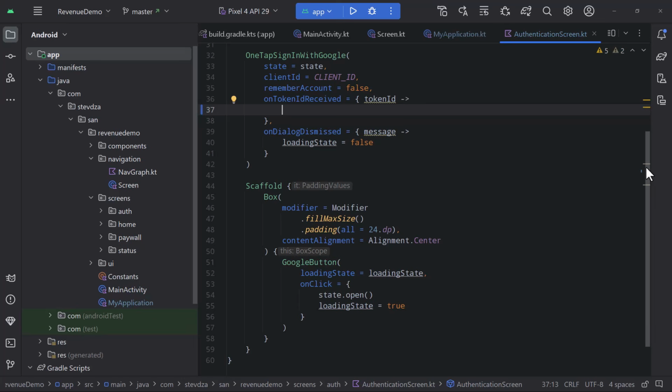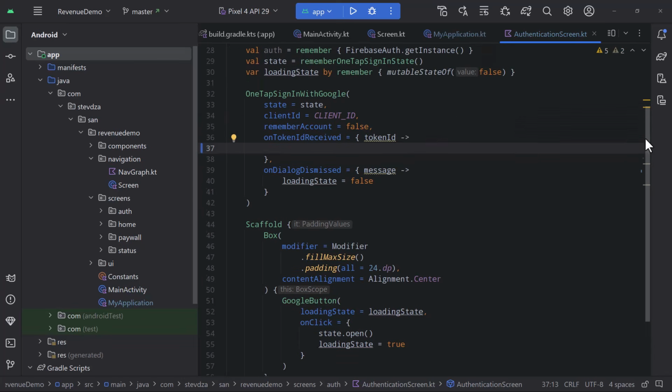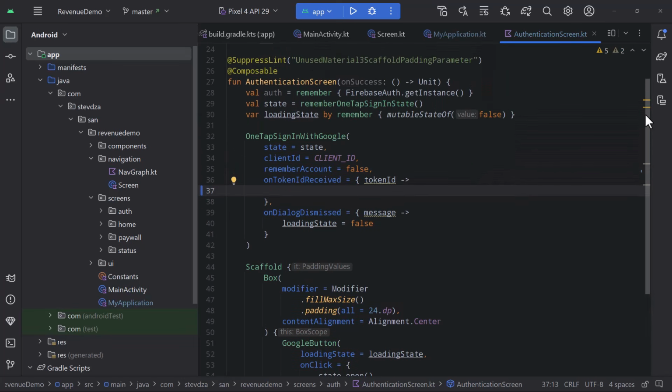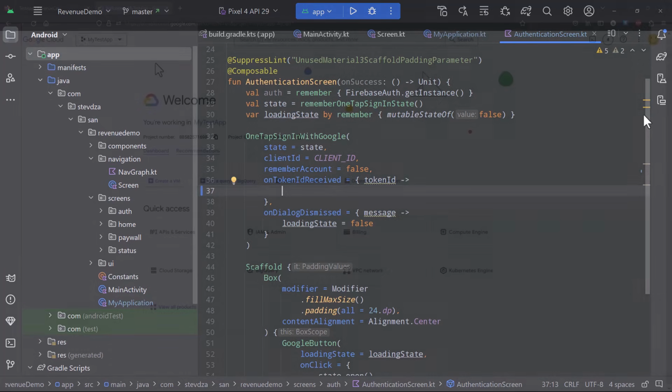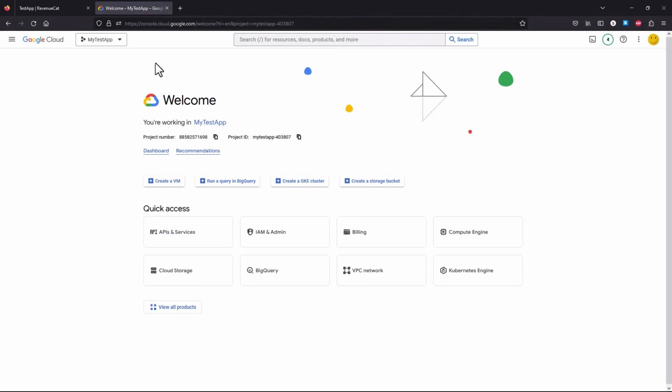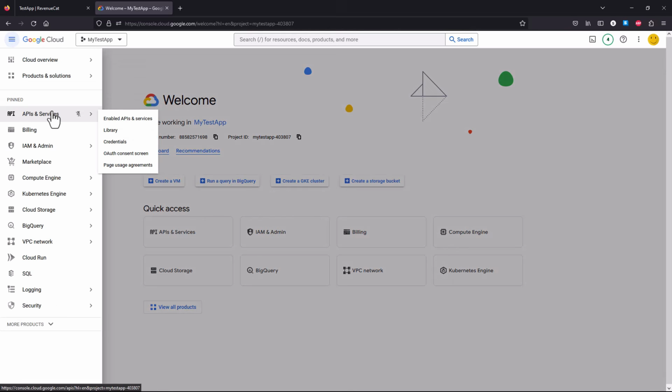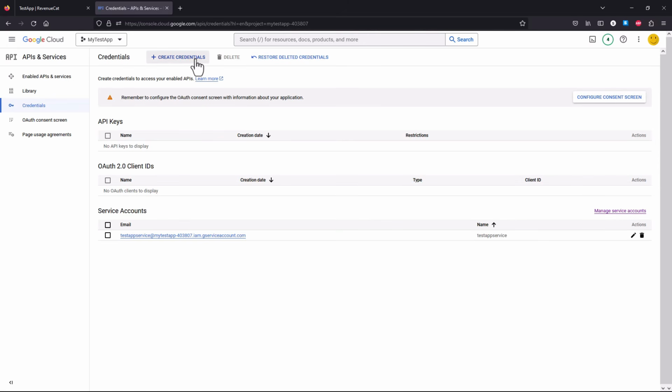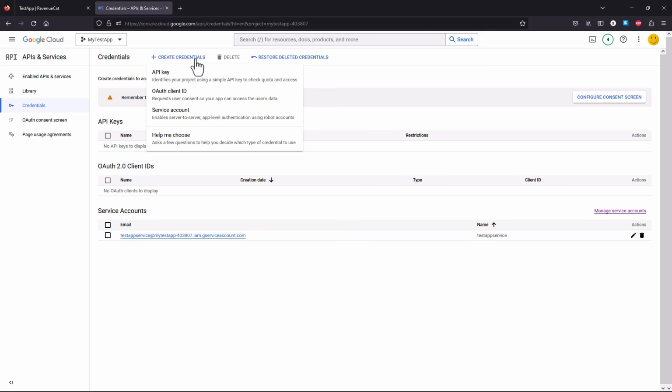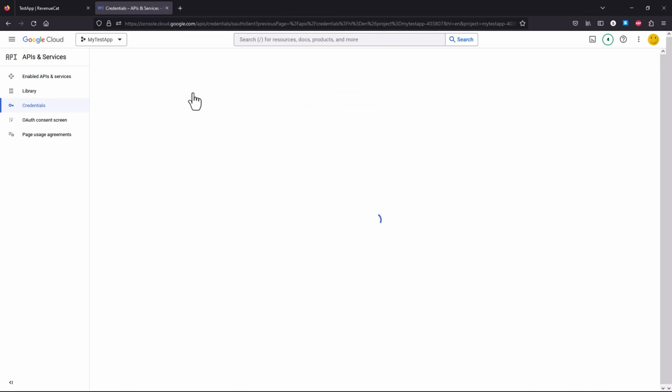But before we start with the authentication screen, we need to create OAuth credentials on the Google Cloud platform, because we're going to need that information for the Firebase authentication as well as the One Tap sign-in library. Open up the Google Cloud platform, go to APIs and services, and choose Credentials. Click the Create Credentials button and choose OAuth client ID. A message will appear saying that